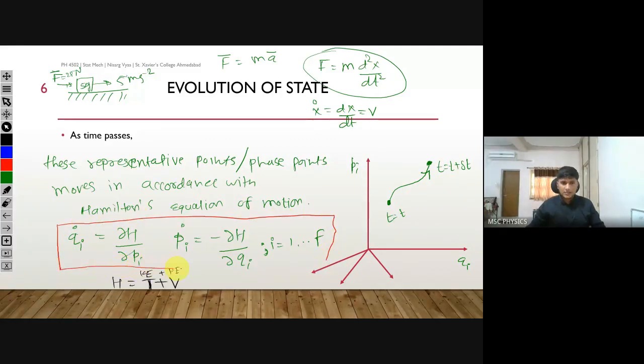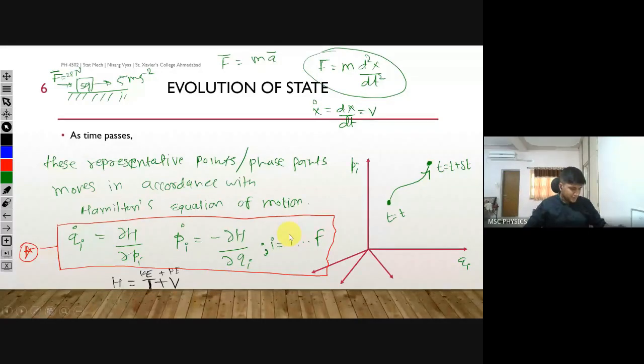So let's name this equation. They are just like Newton's laws of motion, but in other notation and with easier terms, where no vectors are there, thankfully. Let's number this equation star. These points move themselves in accordance with Hamilton's equations of motion, just like the block was moving in accordance with Newton's laws of motion. So you can know their position and momenta if you can solve these two equations for any system. That's what we were talking about, and this is all you need to know for now.